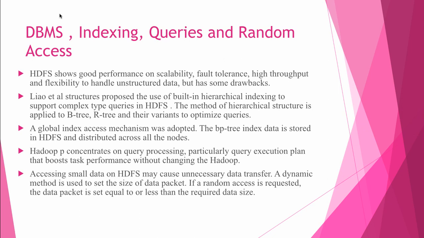The approach named HAIL, known to be Hadoop Aggressive Indexing Library, changes the upload pipeline of HDFS in order to create different clustered indexes on each data block replica. HAIL keeps the existing physical replica of HDFS block in different sorted orders and with different clustered indexes. Hence, for a default replication factor of 3, at least 3 different sort orders and indexes are available. Thus, the likelihood to find a suitable index increases, improving the runtimes for workloads.